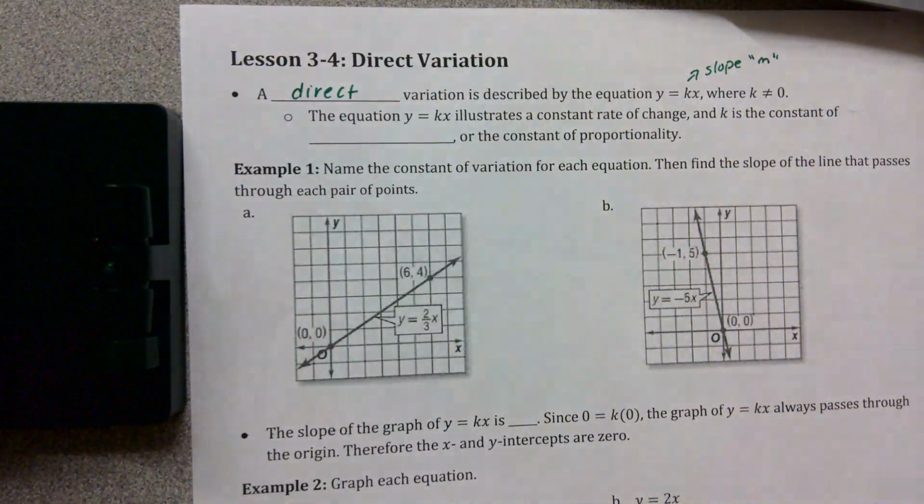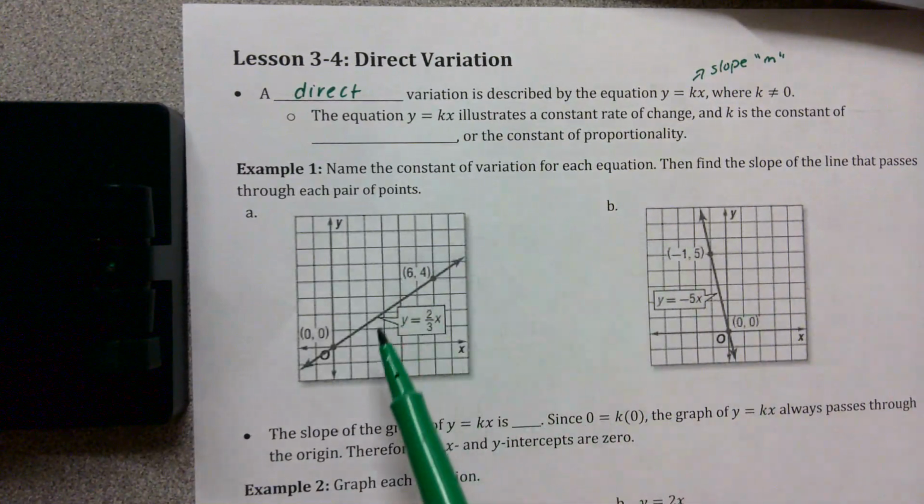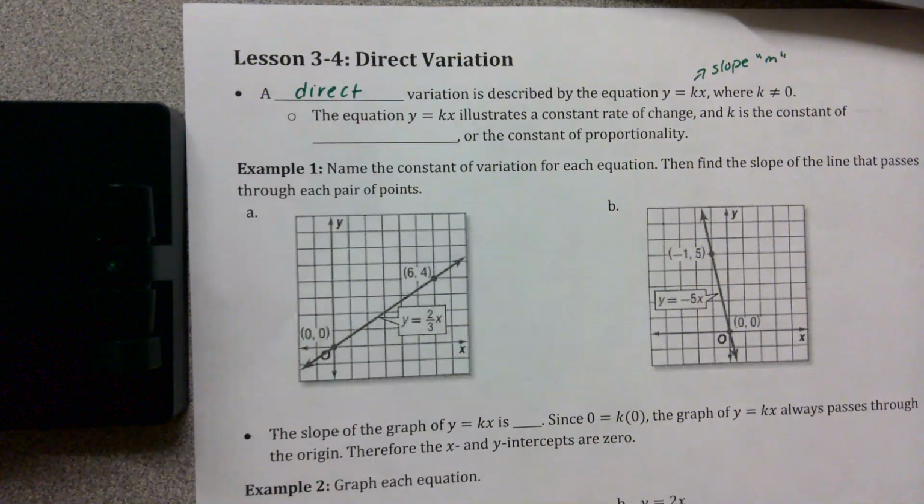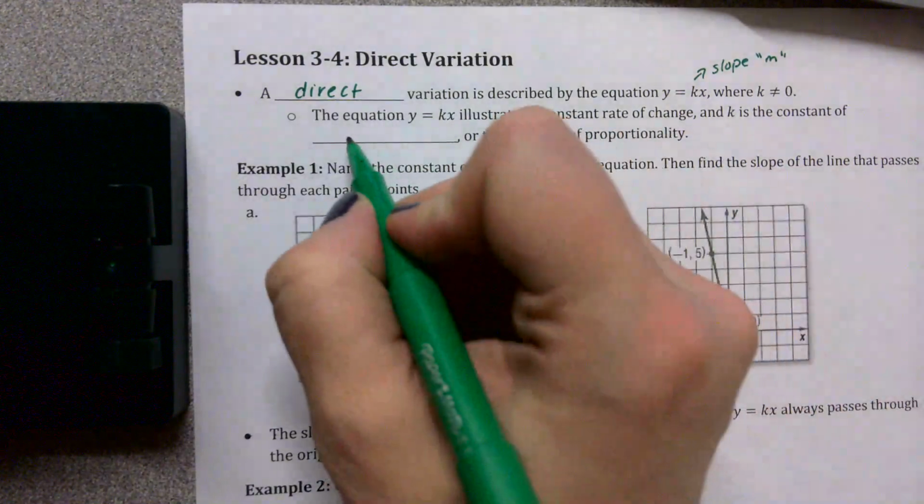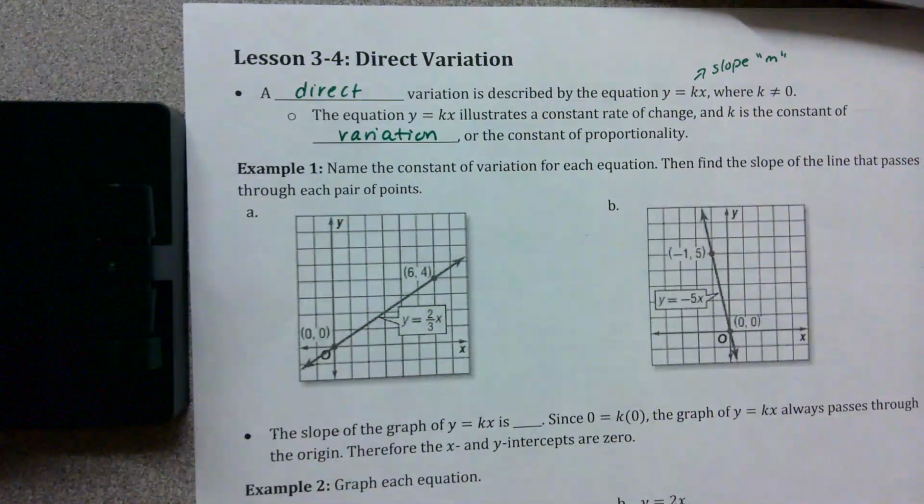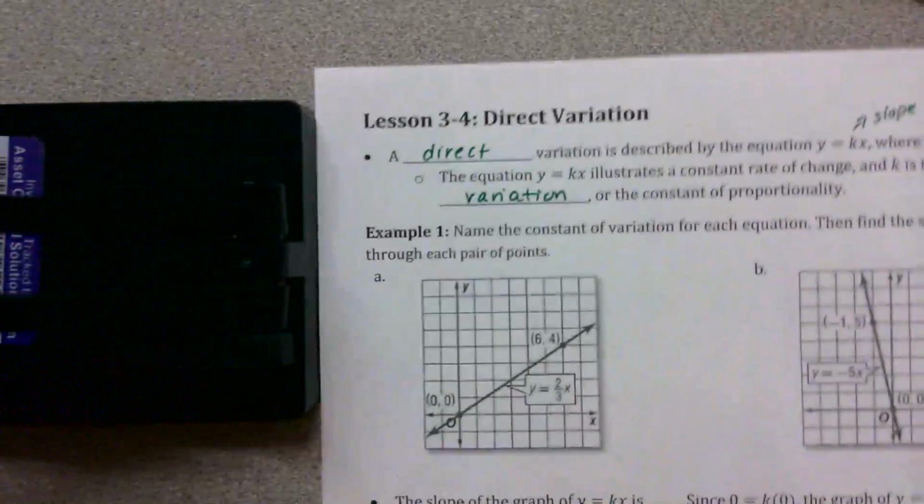Okay, we learned what slope was. K is different because it describes direct variation, where we always start at the origin, 0. Sometimes we don't always start at 0. The equation y equals kx illustrates a constant rate of change, and k is the constant of variation, or the constant of proportionality. So where you might actually see this, for example,